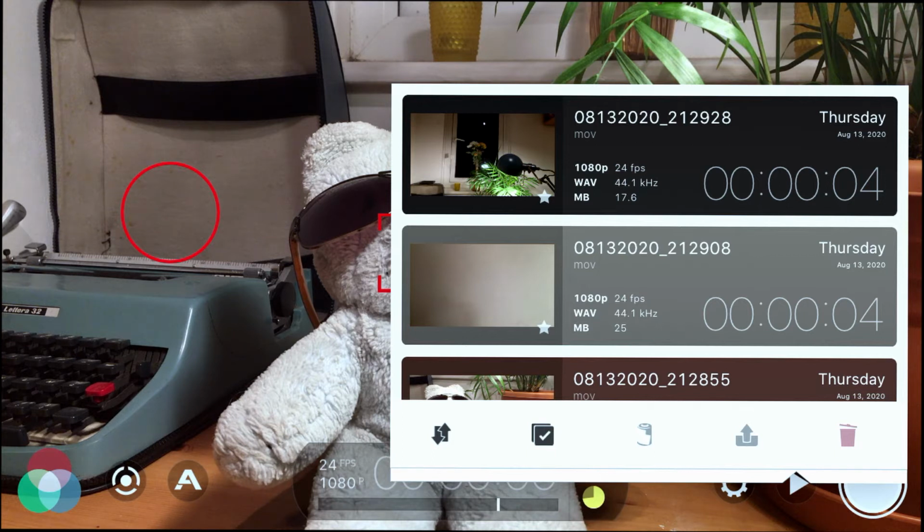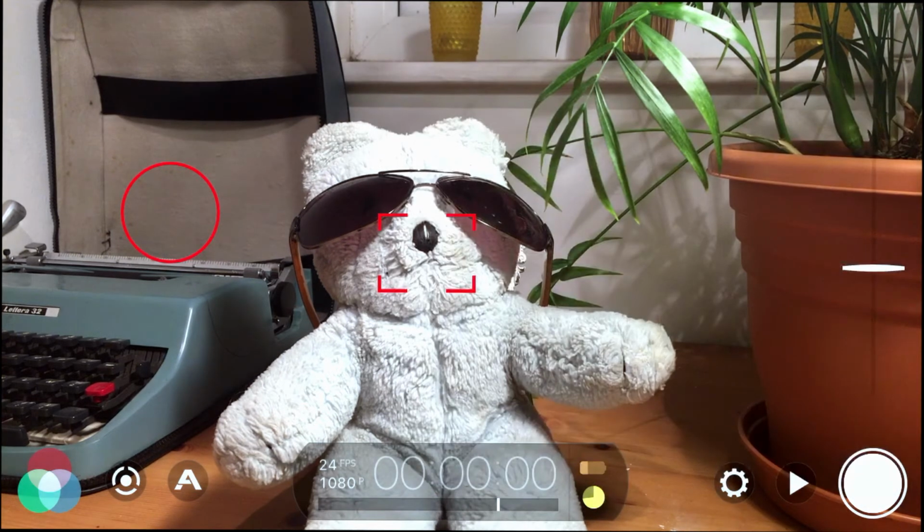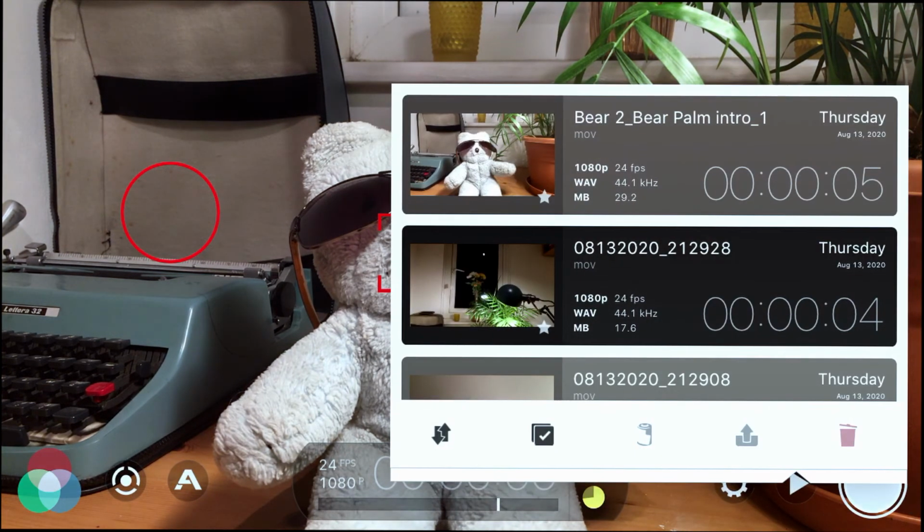So if we tap and come out of this by tapping on the home screen, lovely jubbly, and we record for, let's just say, 5 seconds, do a quick take, and you'll see the difference between this one having done the digital slate and the rest of the takes that we've got and how it will make it easier. So you've got Bear 2,